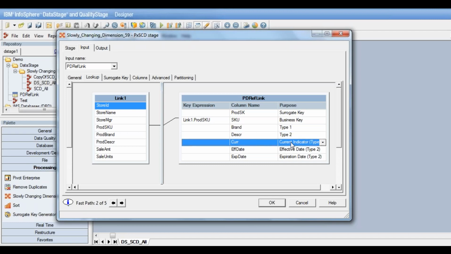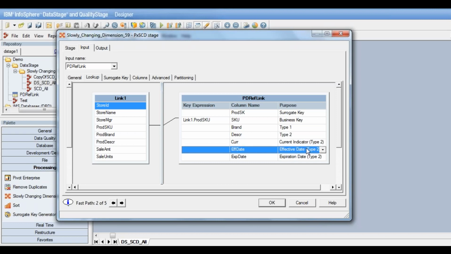Now there is a column called the current indicator. So by default, the stage has the option. It assumes that a dimension table will be having these columns, the current indicator, the effective date, and the expiration date. So we have to define this as current indicator. And our start date and end dates in the dimension tables will be known as the effective date.